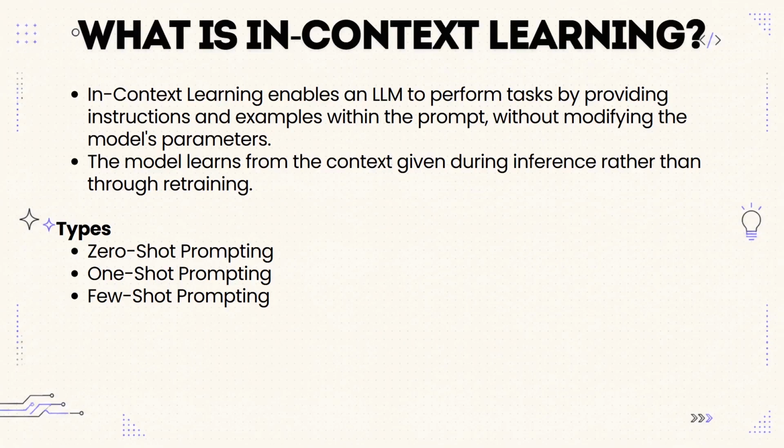So for example, you tell the model, our company has 24 annual paid leaves. Based on this information, answer the employee's question. Now when the user asks, how many paid leaves does my company provide? The model answers correctly because you have included that requirement in the prompt. So it simply used the context that you gave it. That is why it is called in context learning.